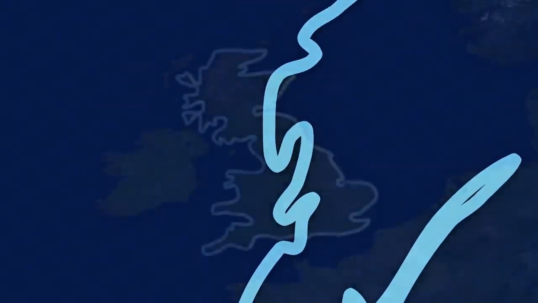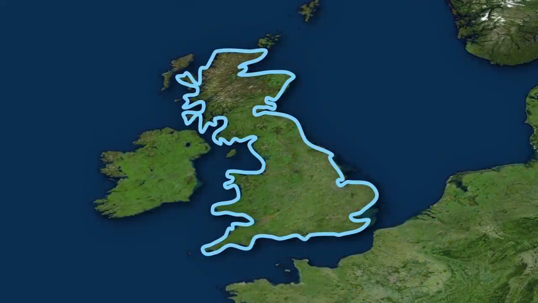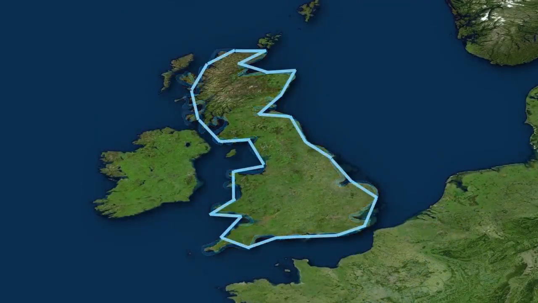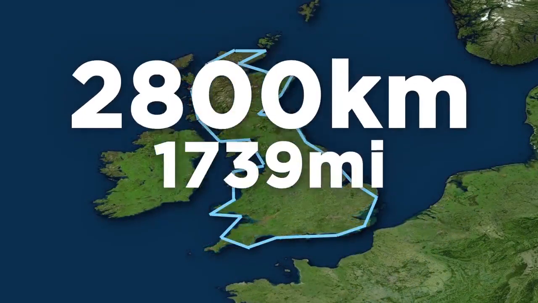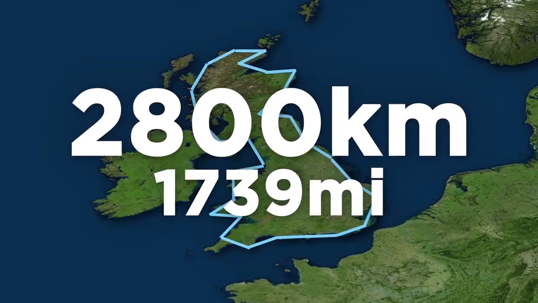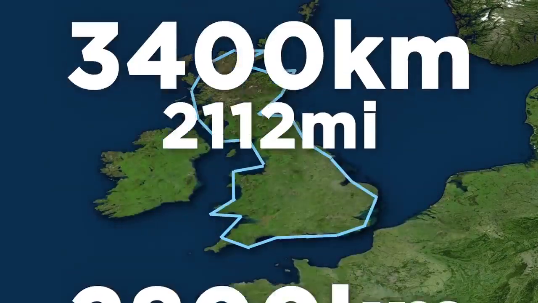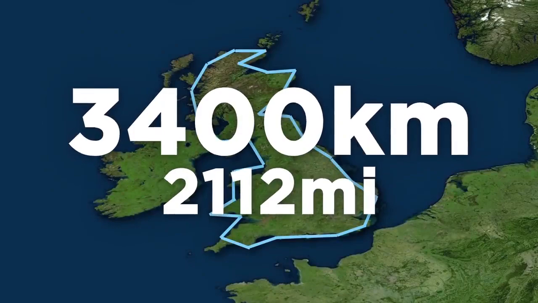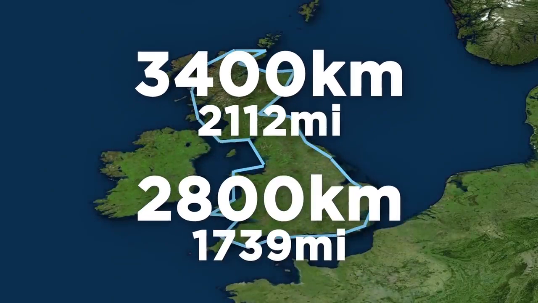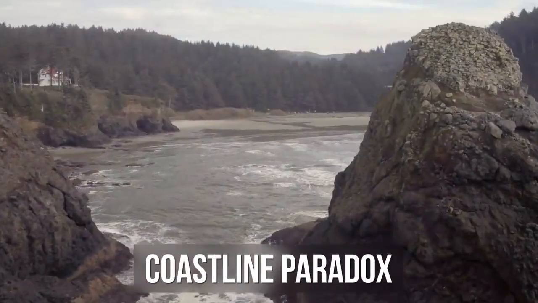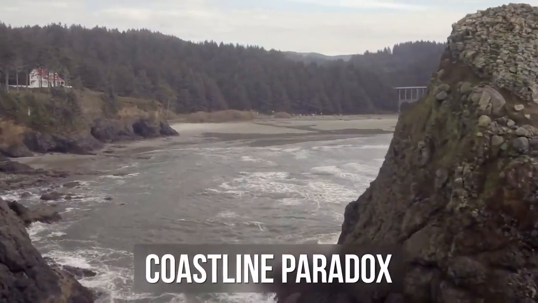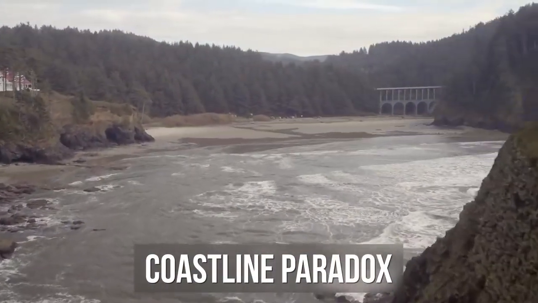So if you were to measure the British coast using lengths of 100 kilometers, you'd end up using 28 of them and get an answer of 2,800 kilometers. But if you shortened your measuring units down to 50 kilometers, you'd end up using 68 of them and get an answer of 3,400 kilometers, which is 600 kilometers longer than your first measurement was. This is called the coastline paradox, and anybody's answer to how long a coastline is depends on what size of